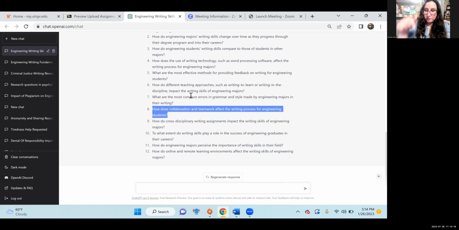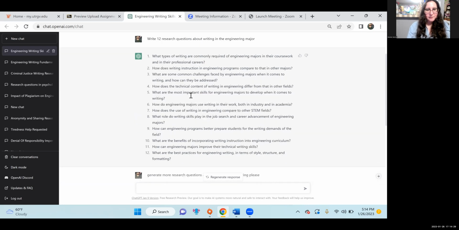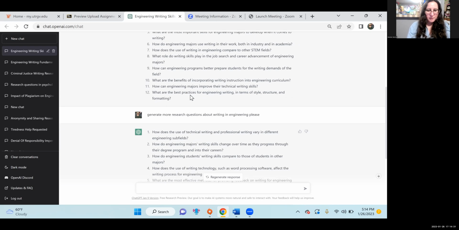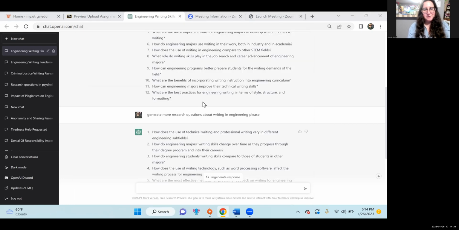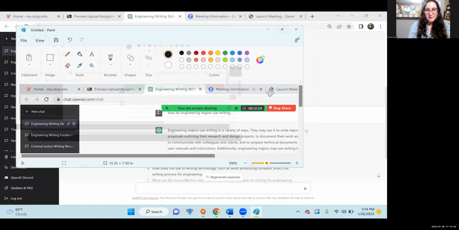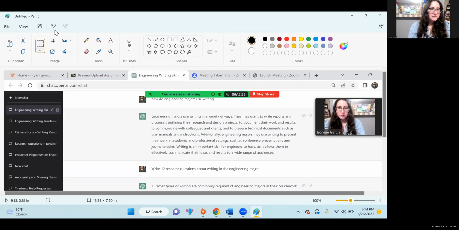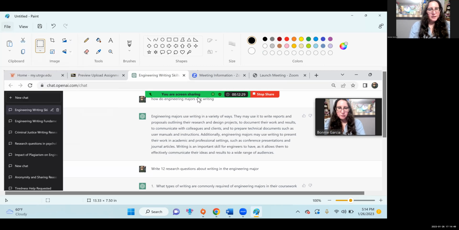You can also screen cap if you're on a PC. I believe it is Control Print Screen, and that will give you a screen cap of what is on the computer. You can do several. I might need to do one there and then go up and do one there. And so when I screen cap on my computer, I like to just take it to Paint. I know, really old school. And then I just paste what was on the screen. But there's a copy of what was on my screen here, and I can just save it, File, Save As, a JPEG, and call it